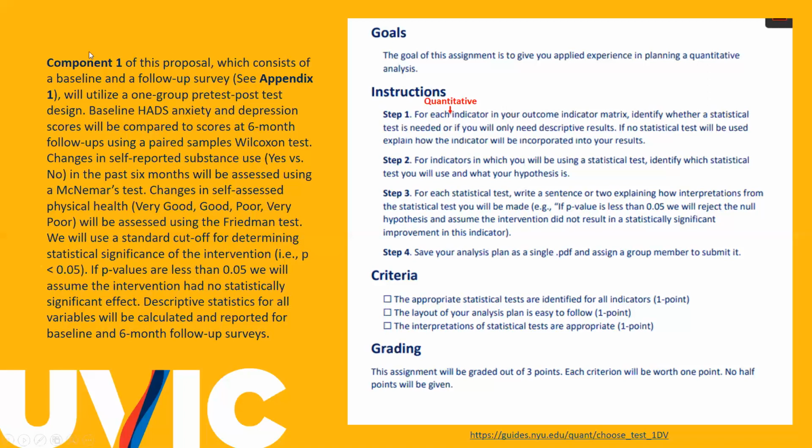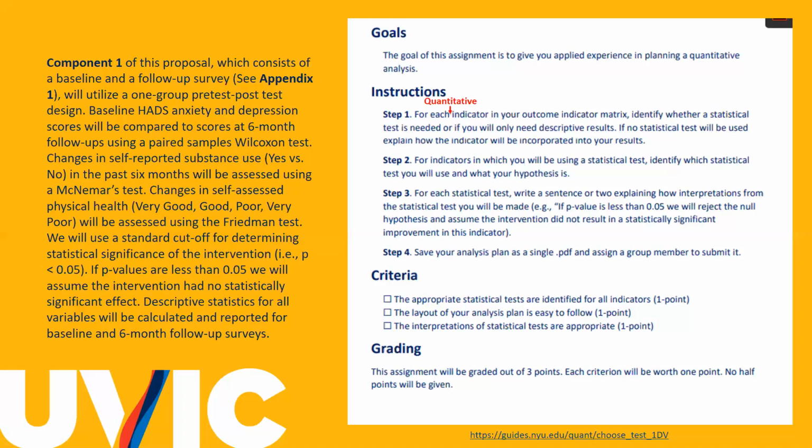I've identified that this is one specific thing. It's a follow-up survey. I tell you what sort of design it is so that I can use that information to pretty readily assess, yeah, McNemar's test is good there, Wilcoxon test is good there, and Friedman test is good there. So those sorts of things need to be laid out